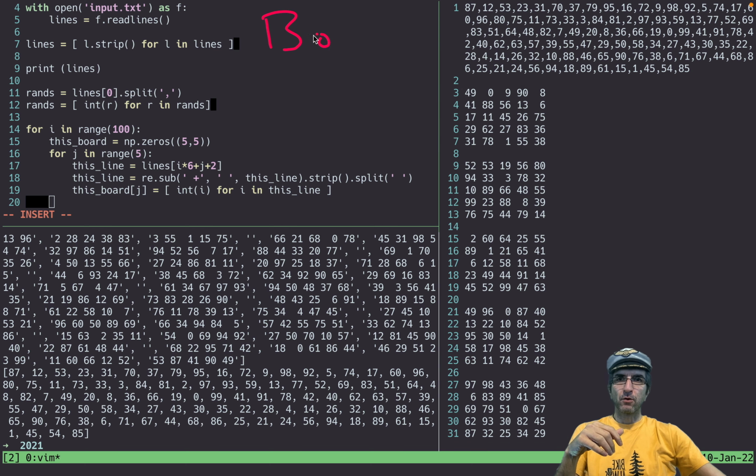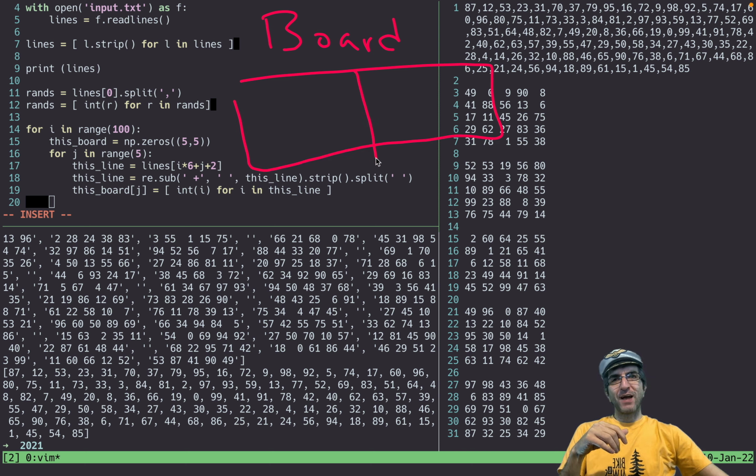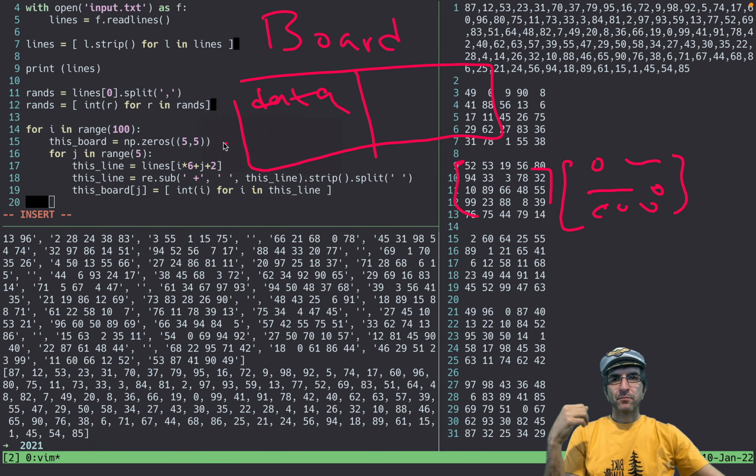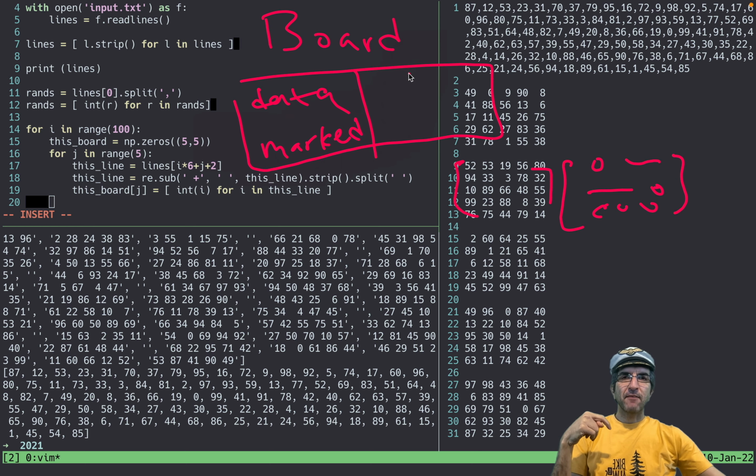Sorry, I lost it. You can have a board. It's an object. So we have data, which is called attributes or properties of this object. We had data, which was this. And we have marked, which was a matrix showing what is marked. And we can have some methods or functions or codes working on these.